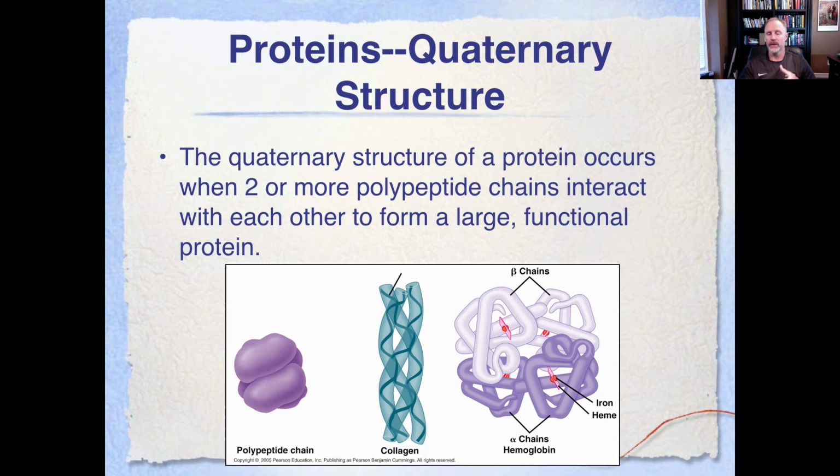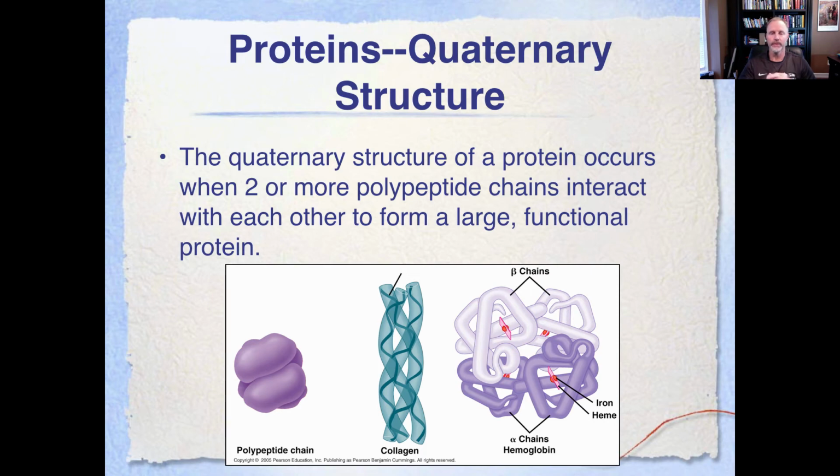So for instance, the examples that we gave in class were collagen and hemoglobin. And we talked about collagen being one of the proteins in your skin that gives it its structural integrity, the resiliency, prevents against mechanical strain and that sort of thing. And it's got 3 subunits that get woven together almost like a rope, as you can see here